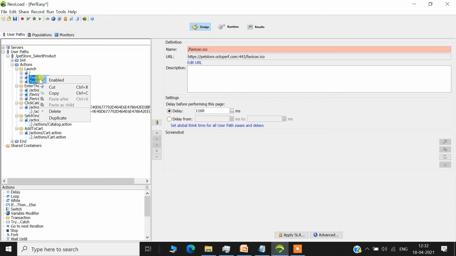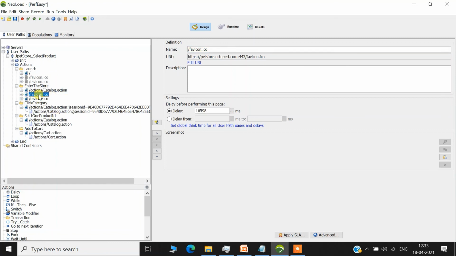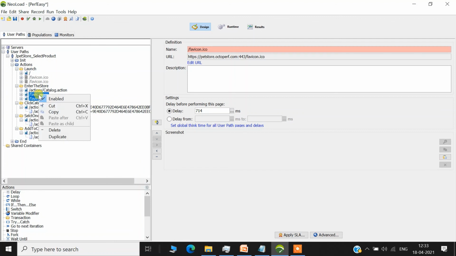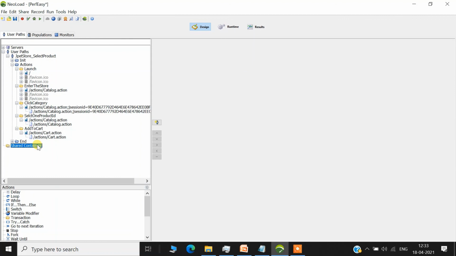Let's say I want to disable these favicon.ico calls. I just select those requests, right click, and uncheck enable, so it will go away. Save the file, make sure that you are saving your project properly.